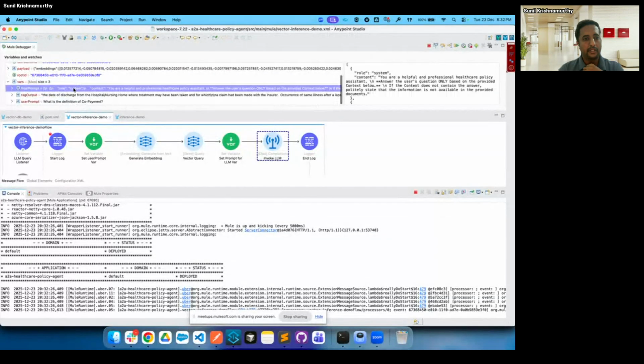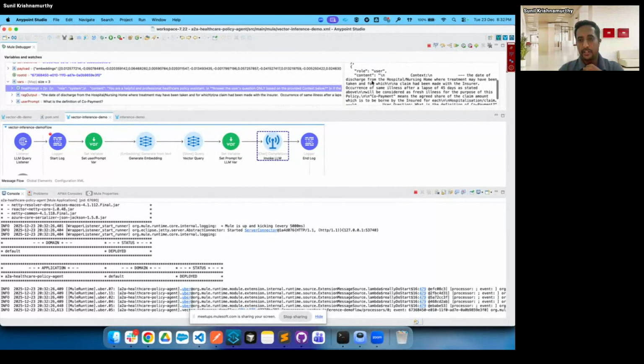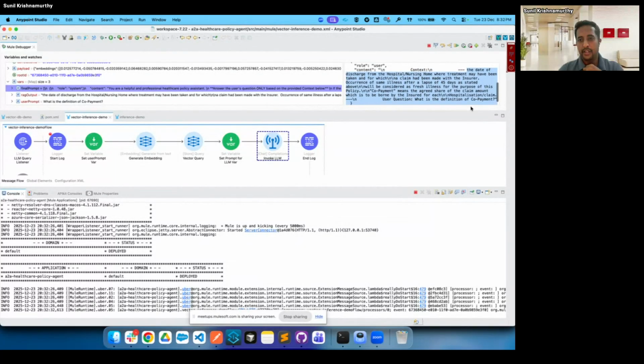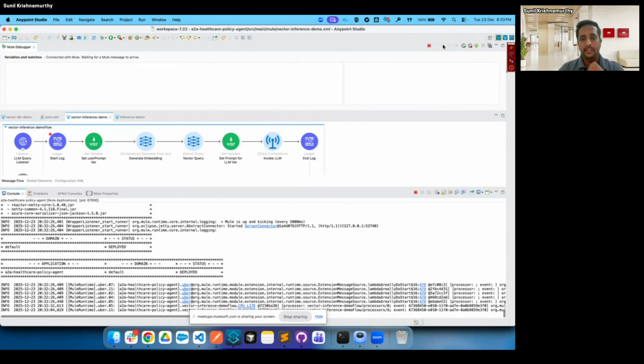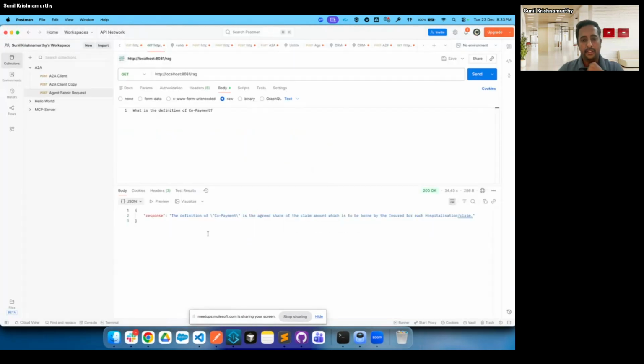This is the prompt that got generated. See in the context, we have the RAG output, and I give this to the LLM. Let's see what we got. So the LLM took the context, it understood the user query, it combined both, and it gave